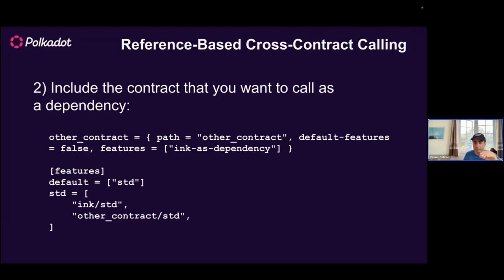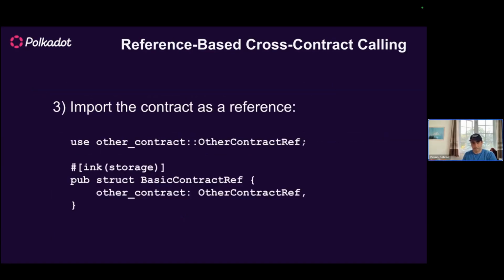You're including it as a dependency. You're inserting the path where it's located. So you need that contract. You need other_contract. You need the contract that you're going to be calling. You need that contract as a dependency in your Cargo.toml. All right, so we'll look at the code later. And the third step,